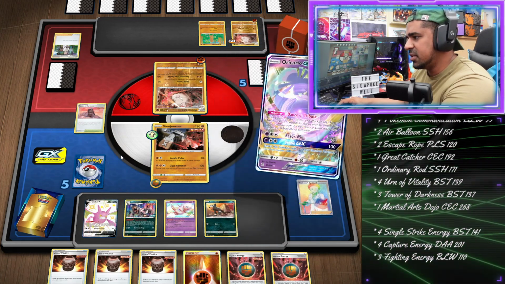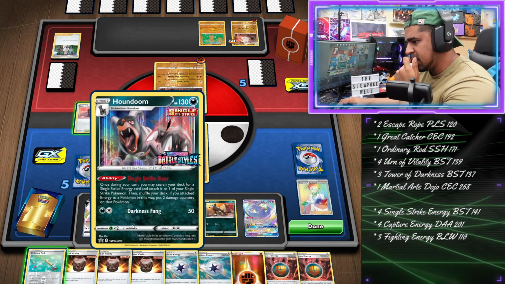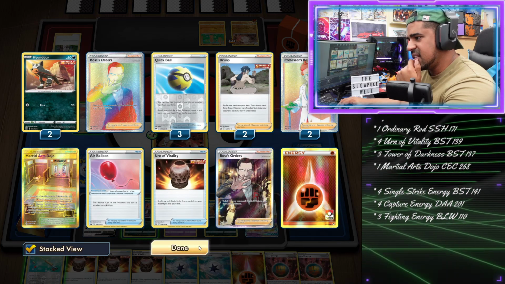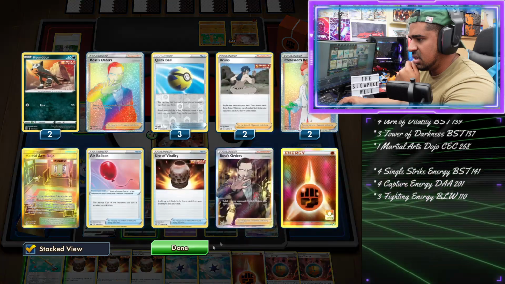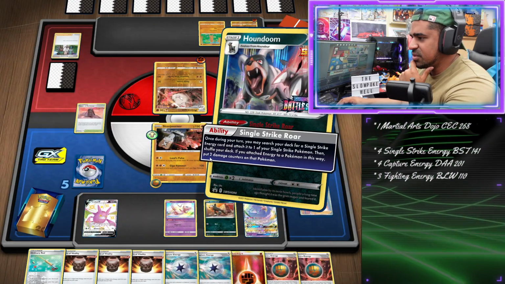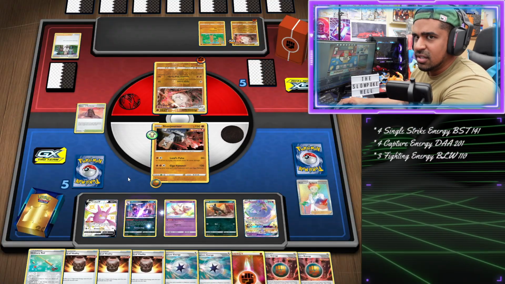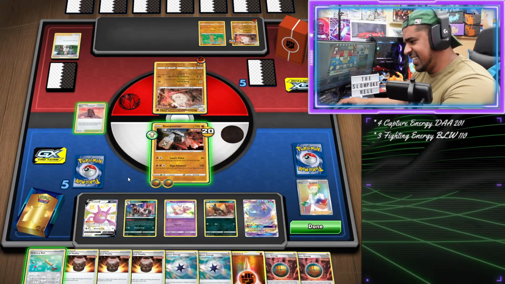We're going to use Dance of Tribute now, see 3 cards. Okay, Ordinary Rod is kind of interesting. I don't think we need it at this moment in time. Exactly. This hand is... Hold on. So, if we've prized our last single strike energy, we actually can't do this ability, but we didn't, so...